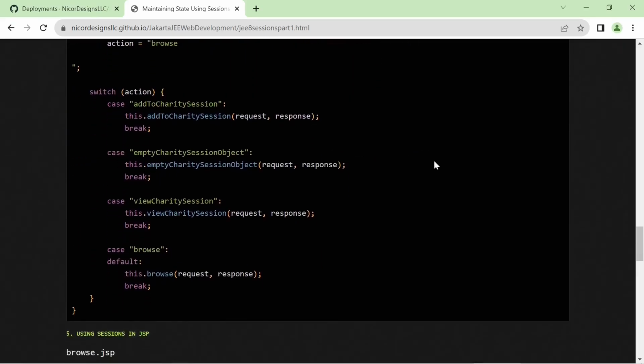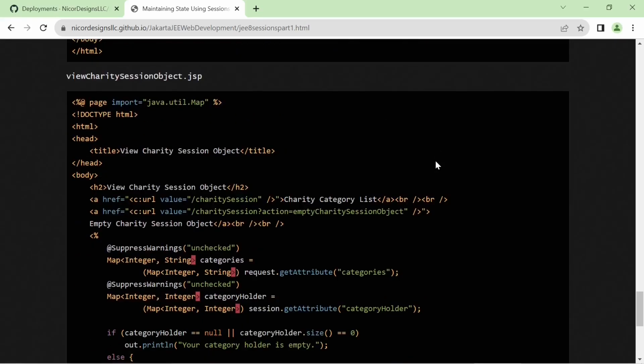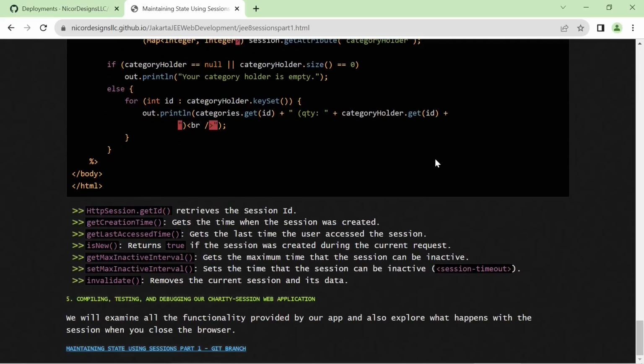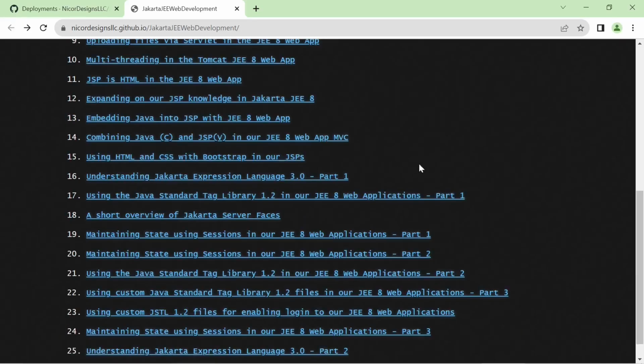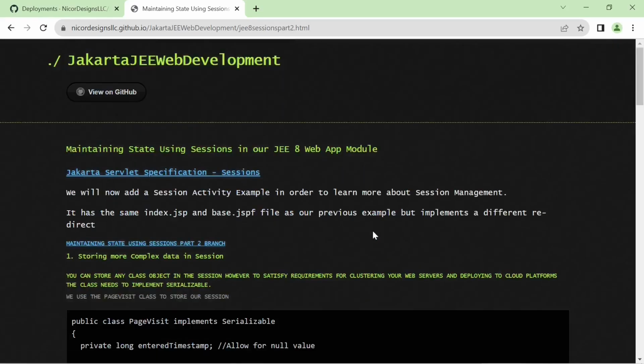And here is the doGet part. And we also added a new JSP page, and we have a view charity session object page, and we ran it and demonstrated it. Going back to our main menu, we go to our second session lecture, where we